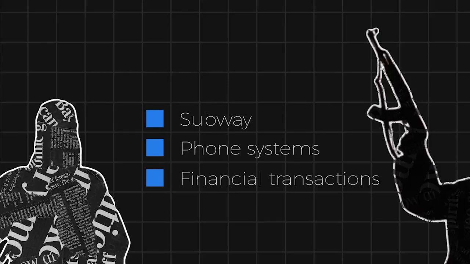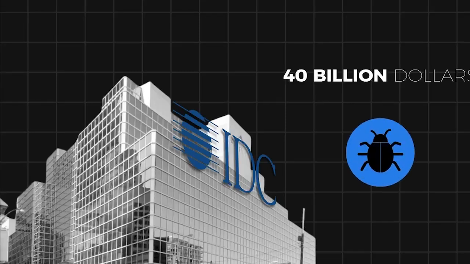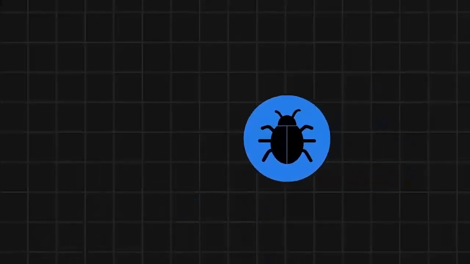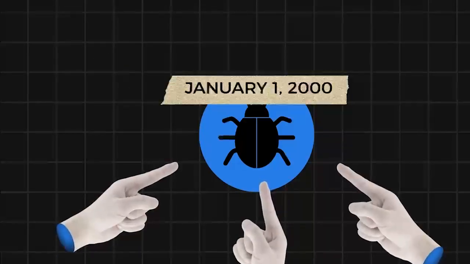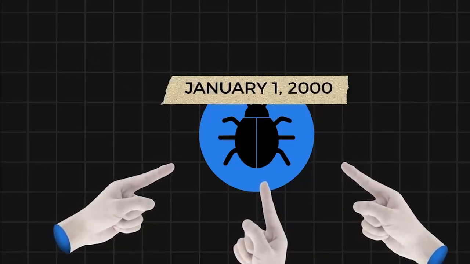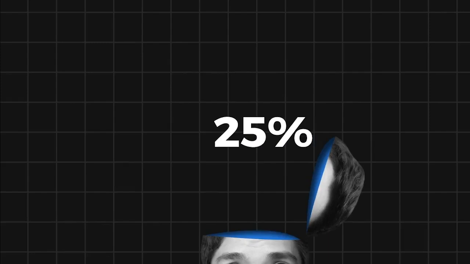Contrary to the supporting view, skeptics agreed that there were either no critical problems or only a few minor mistakes to begin with. International Data Corporation estimated that the U.S. might have wasted around $40 billion on Y2K remediation efforts. Critics of the massive undertaking pointed to the absence of Y2K-related problems before January 1, 2000, questioning the need for such an extensive effort. Estimates suggested that approximately 25% of all Y2K-related problems should have occurred before the turn of the millennium, but their absence raised doubts.